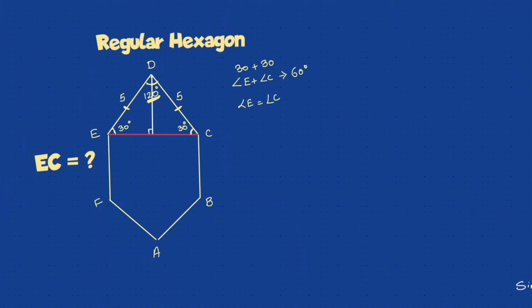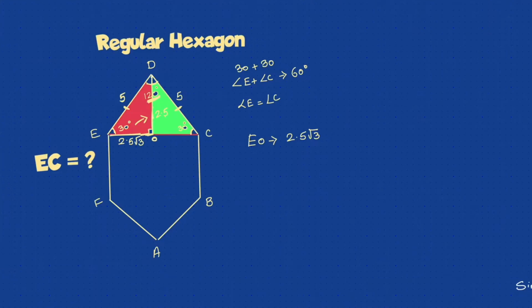Now I see two 30, 60, 90 triangles, one in red and the other in green. These two are 30, 60, 90. What do I know in this? In the first red triangle, I know the hypotenuse, which is 5. So the side opposite to 30 will be what? We just learned, half of that. Right? The side opposite to 30 will be half of that, 2.5. The side opposite to 60 is just the side opposite to 30 multiplied by root 3, 2.5 root 3. So that's it, if I put an O, EO is equal to 2.5 root 3.